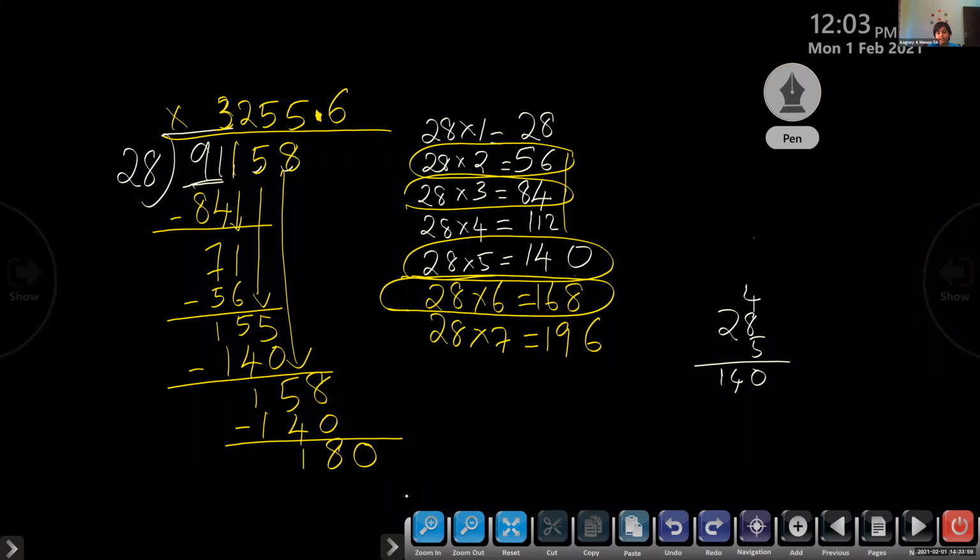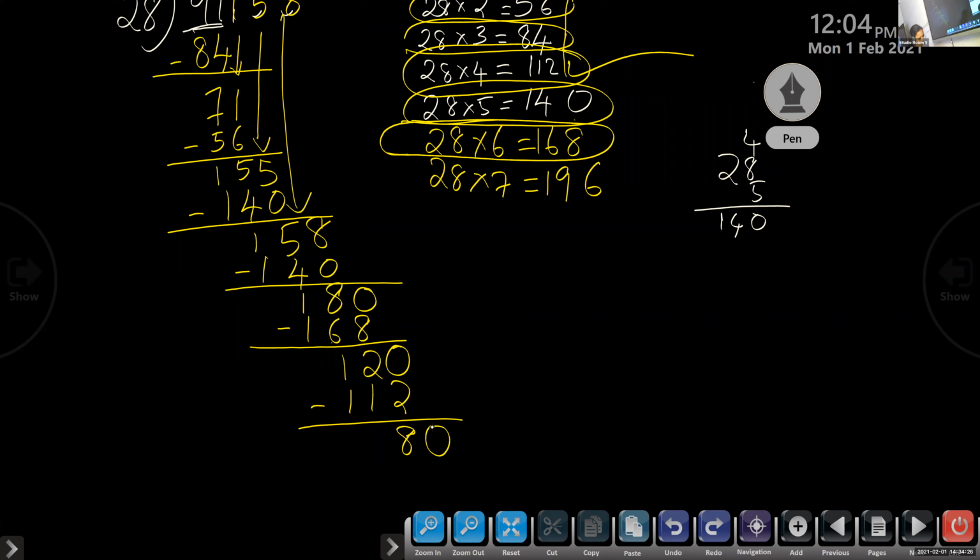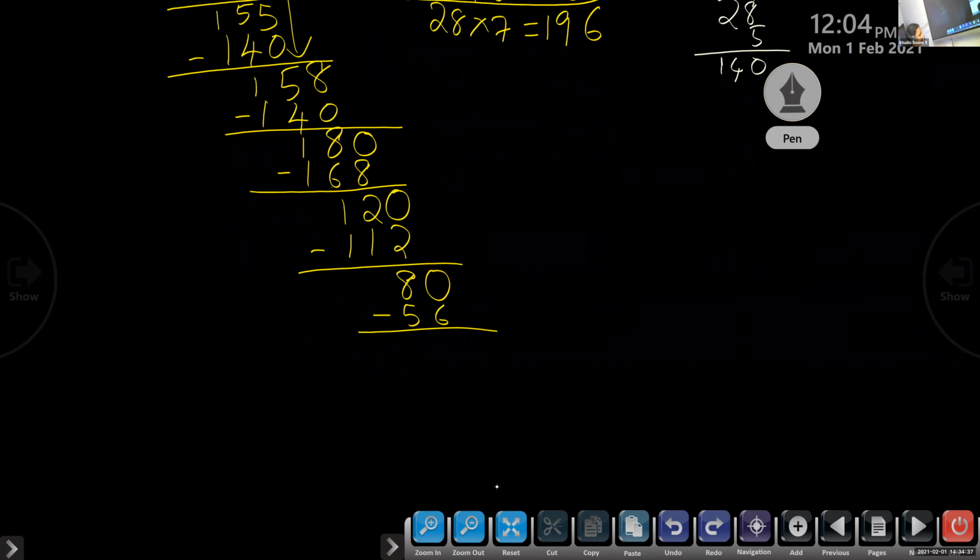Okay, find out the decimal. Here we have 120. Again, what will be in the answer? 28 into 4. What is 28 into 4? 112. Then again subtract, 8. You have to add 0. Then again check, 56 only we can take. Children, we will do till 3 decimal digits only.